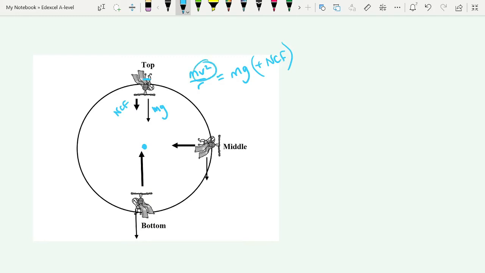So this speed is very carefully calculated. The speed must be enough so that mv squared over r is at least equal to mg. That means you are not going to fall out of your chair. You can think of it as your mg being too busy providing the centripetal force to cause acceleration towards the center, towards the Earth, and therefore there is no mg left over to cause acceleration towards the Earth, and